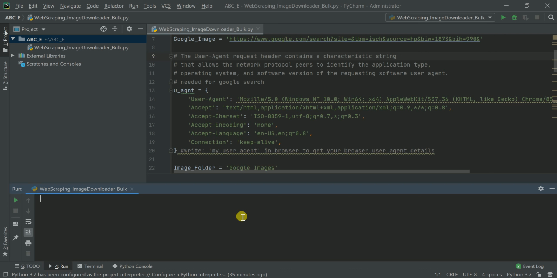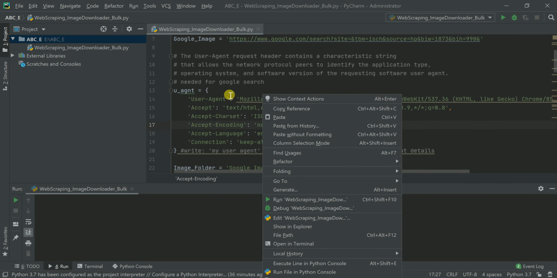If you use a proxy IP, then you may be able to download 1000, 2000, 5000 in one go. I'm working on that, and I'll be uploading a video on proxy very soon, where through proxy you can download those images. That link will be given in the description below. I'll show how many maximum images you can download.